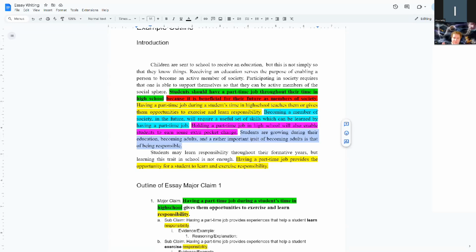So in terms of leading sentence, here's a quick example. We see there are going to be similarities in wording and theme from the end of this introductory paragraph to the start of this paragraph here. We see students are growing during their education, becoming adults, and a rather important trait of becoming adults is that of being responsible. Then our next paragraph is going to focus on responsibility. Students may learn responsibility through their favorite